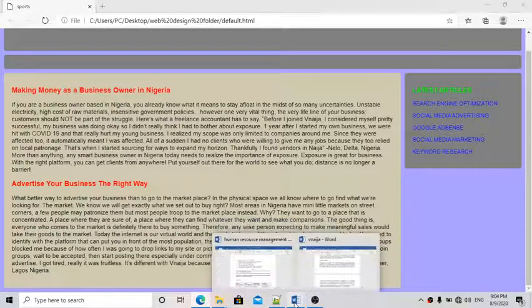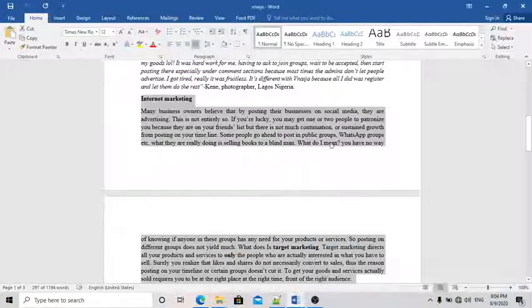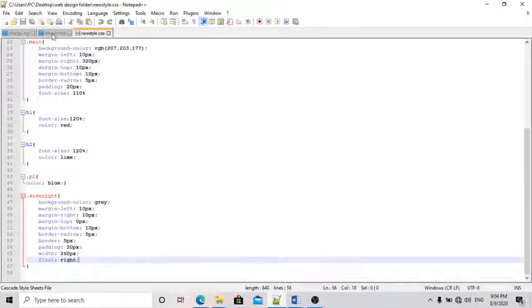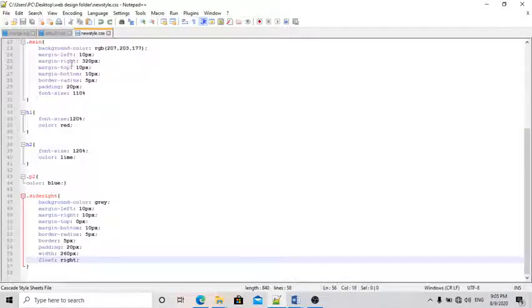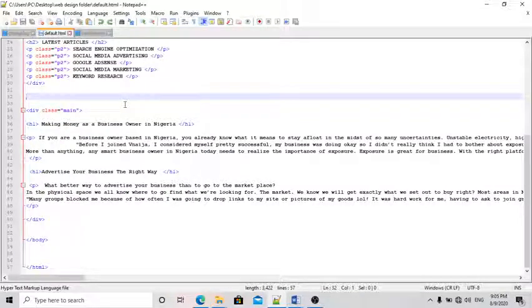We're going to be working with the same text, the same bunch of text that we've been working with throughout this entire series. So we just copy it and come to our HTML document. We're not going to be doing much CSS. That's the beauty of CSS. Once you've gotten your CSS property and your CSS rule correct, all you need to do is just keep adding content in your HTML, because the class attribute is reusable